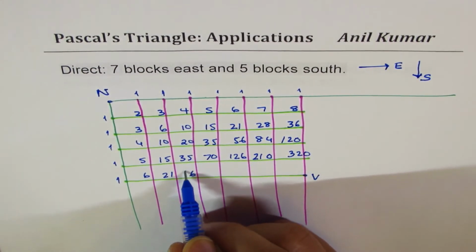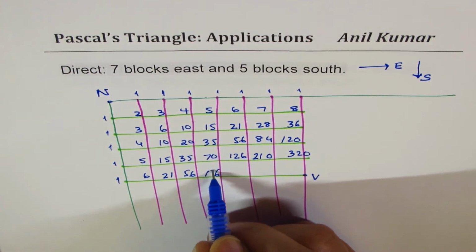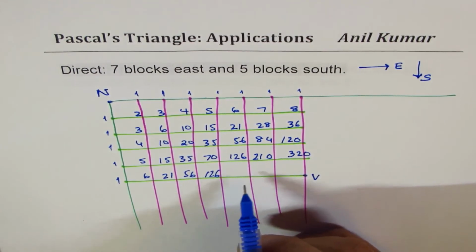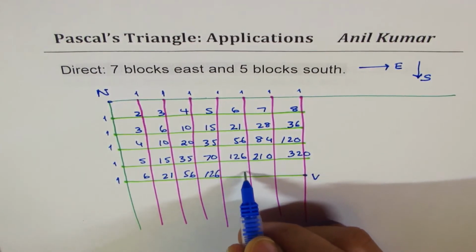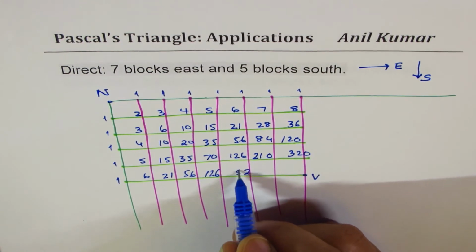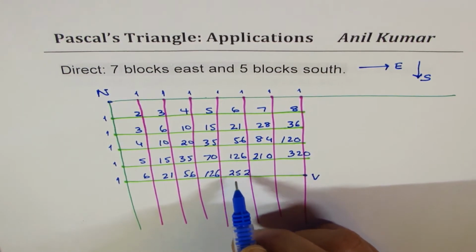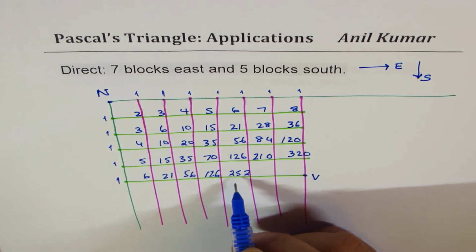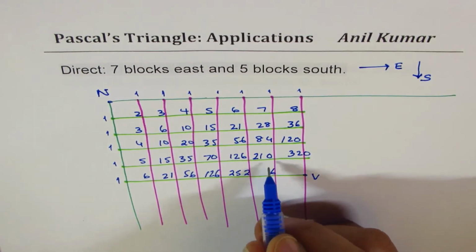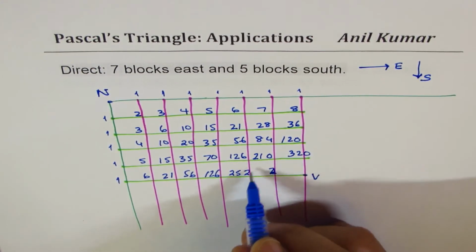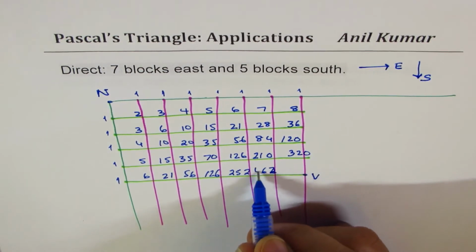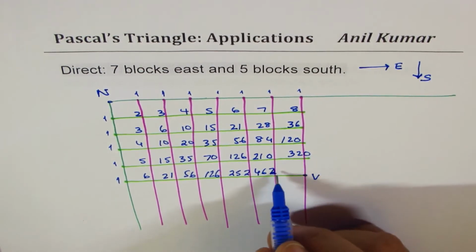When you add this, you get 56. When you add this, you get 126. And then you add this, it is 2 times, so 252, right? So it gets 252. And then you add this, 2, 1, 5, 1, 6, and 462. And when you add 462